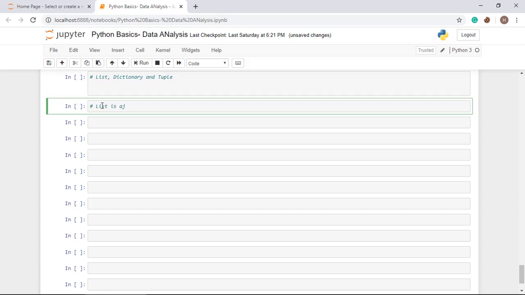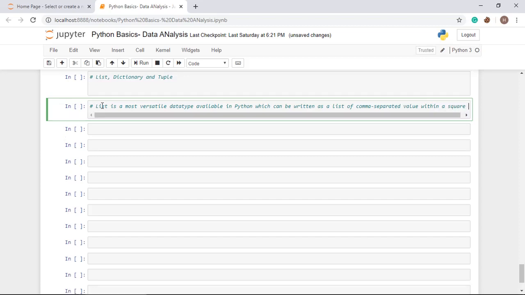List is the most versatile data type available in Python, which can be written as a list of comma separated values within square brackets.